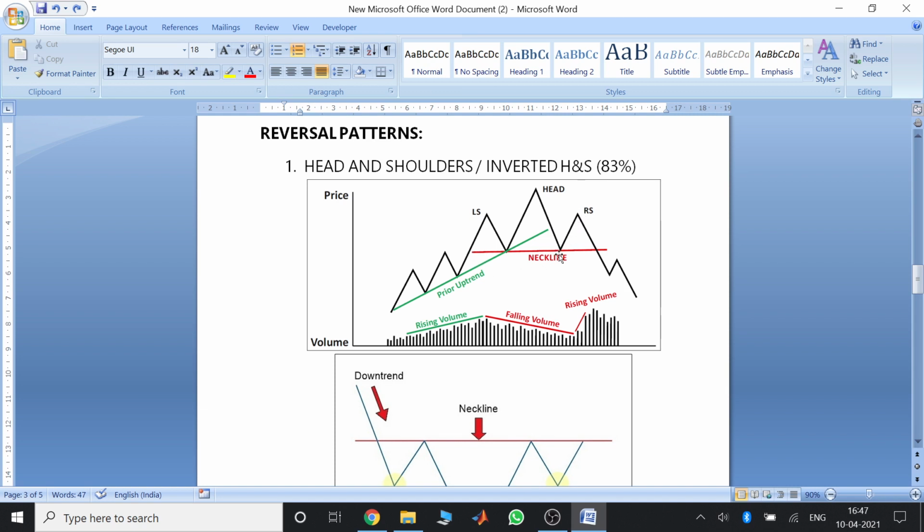Now we can draw this neckline. This neckline is basically a support zone. So this low was formed here, this lower high, and this higher low was formed here. And then the next low was not a higher low, but it was at the same level, which again indicates weakening buying pressure. So we have two signs of weakening buying pressure: one is that it formed a lower high, and second is that it could not form a higher low. It just came to the same level as previously. Now on breaking this, we can conclude that price has broken its previous low, and the previous uptrend has now converted into a downtrend.